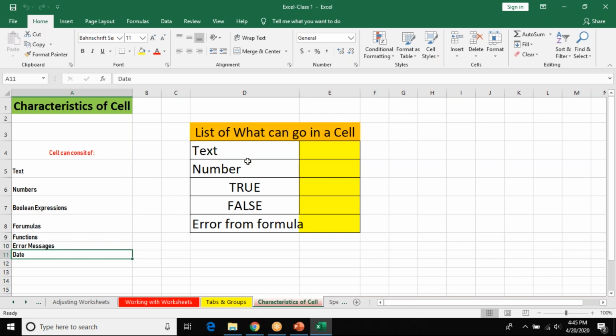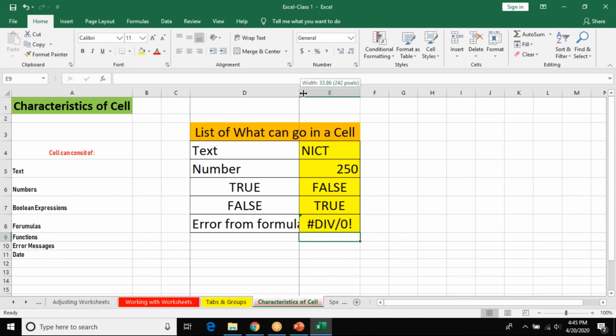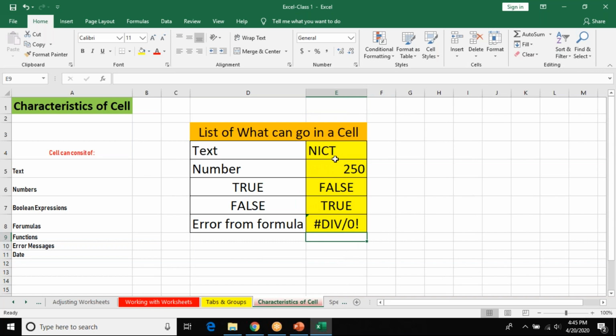Say for example, I type NICT, and here I put a number, here I put false, here I put true, and here I create an error message. How do I differentiate whether this is a text or a number?